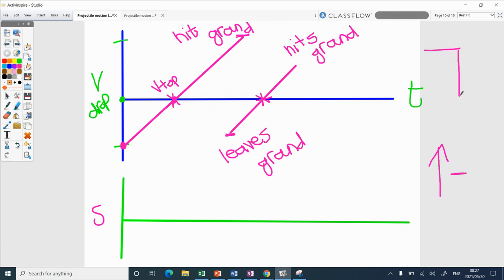Okay, now you need to think about this. And also in the question, nowadays they're forcing you to make a reference point. So if they say use the ground as your reference point, that means 0 is the ground. Okay, so you need to read the question. So let's say they do say that the ground is the reference point. Am I starting up from the ground or down from the ground? Down. That would be nice.